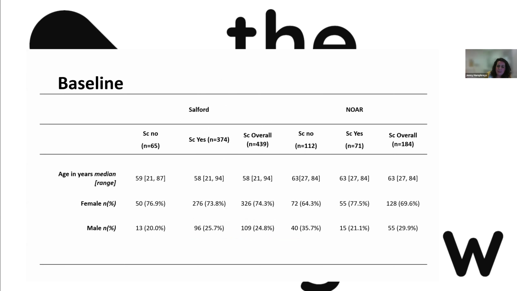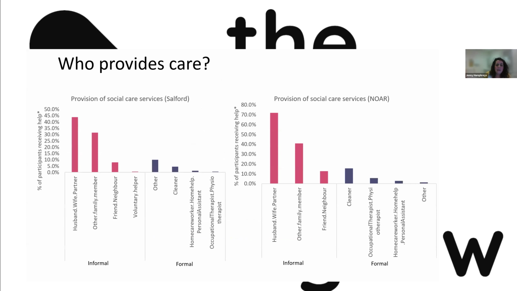So from this, I'll just mention that you can see between the two cohorts, Salford and Norfolk, the patients were slightly older in Norfolk, but there was a very similar split between male and female, and not much difference between those who received help and didn't. Next slide. So in terms of who provides care, and I guess this is really the key finding, what we